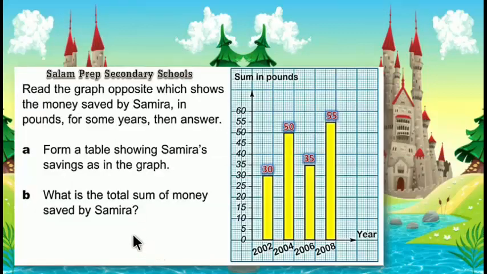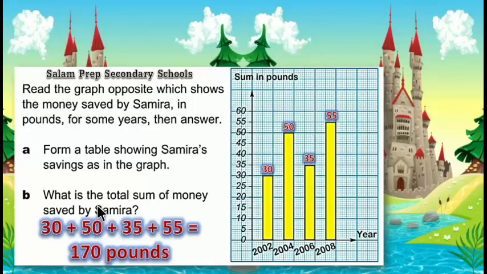The second requirement. What is the total sum of money saved by Samira? The total sum of money saved by Samira: 30 plus 50 plus 35 plus 55 equal